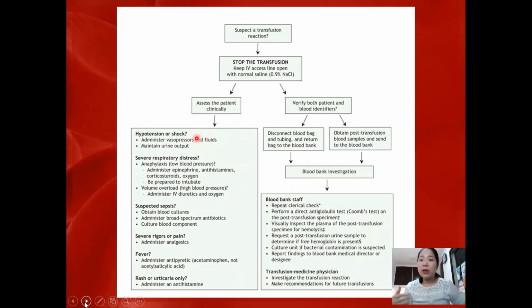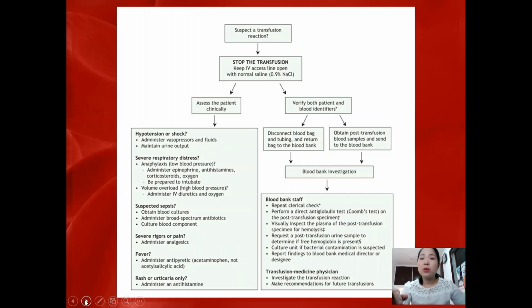So if there is a transfusion reaction, usually you will be alerted by the nurse station. "Doc, nangangati po si patient, ganito." "O, Doc, bumabagsak po yung blood pressure." "Doc, nahirapan pong huminga. Doc, nagfi-fever po." So, you go back to this patient. Is your patient in shock or hypotensive? Is your patient tachypneic? Get the vital signs of your patient. Is he desaturating? What is the oxygen status of your patient?